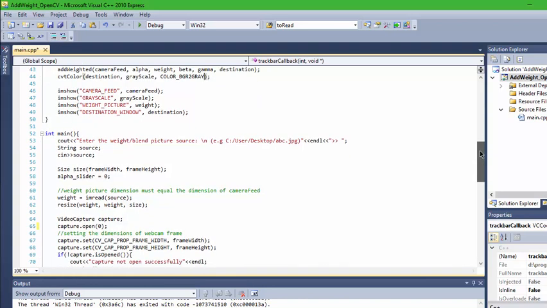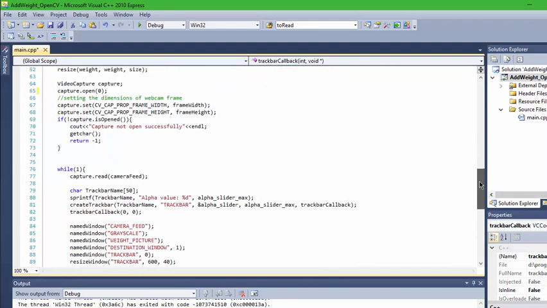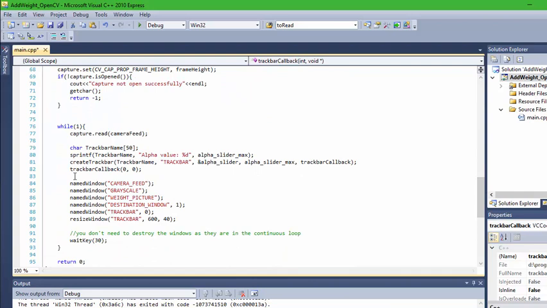Now we have to make the windows in which we can show our pictures or images, right? We have to first make windows for that. When I was running this project, you have seen that the title of the window says the camera feed, the grayscale, weighted picture, destination window, track bar, all of these things, they're just right over here.